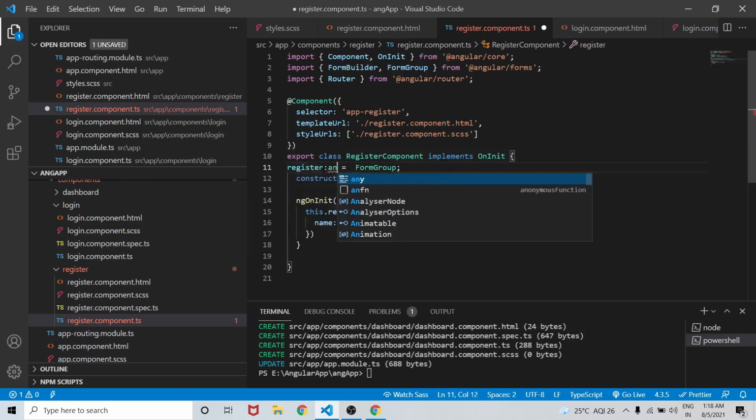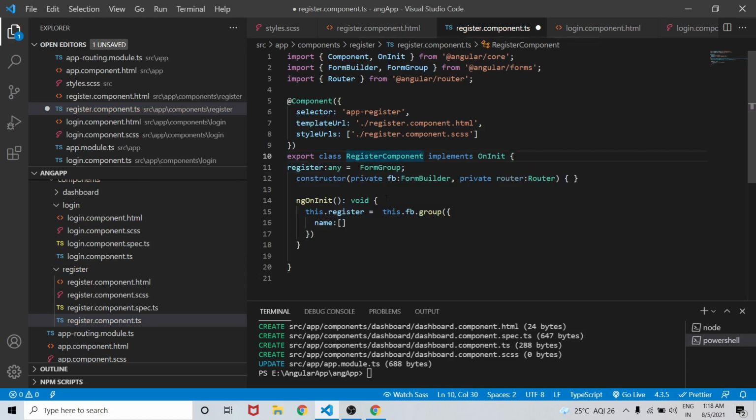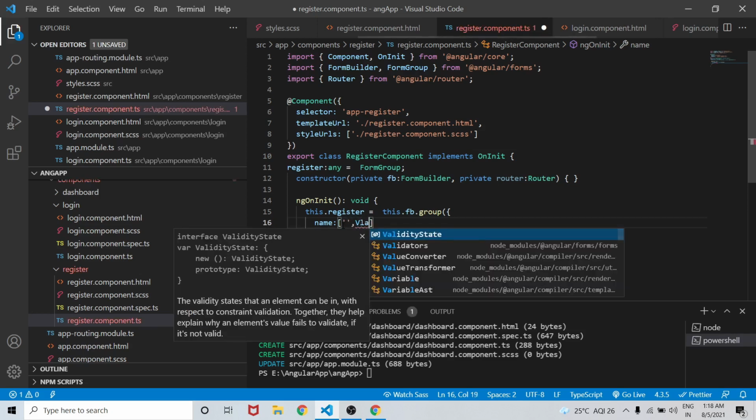Register should be of type any first. So inside register component, let name be null comma Validators.required,